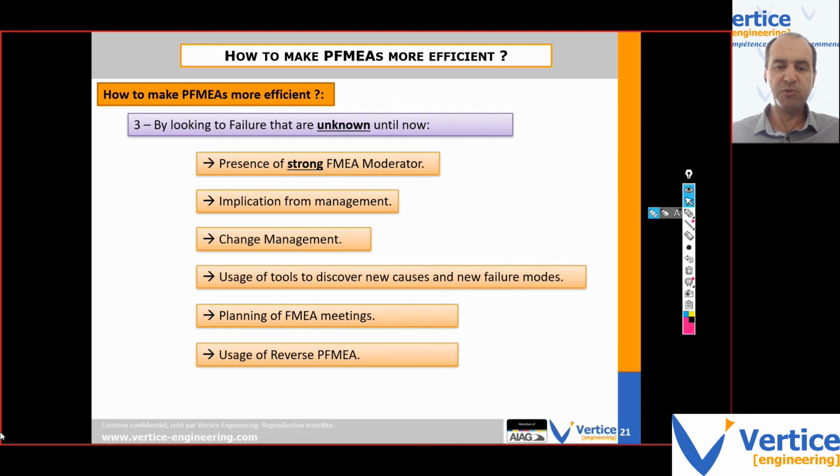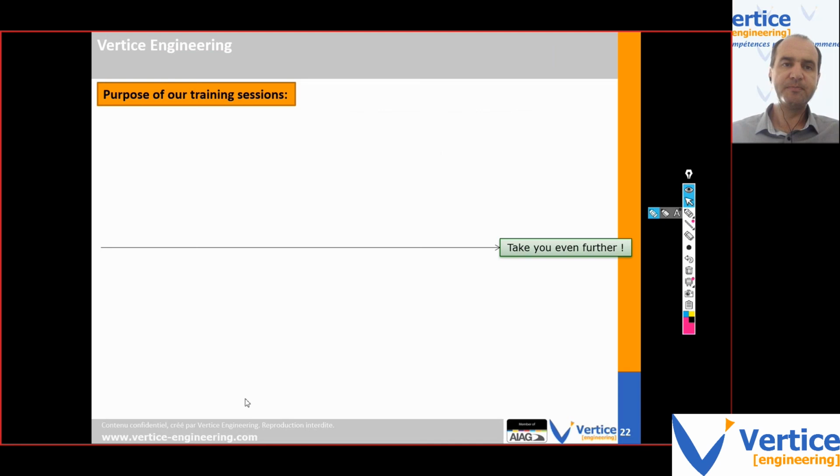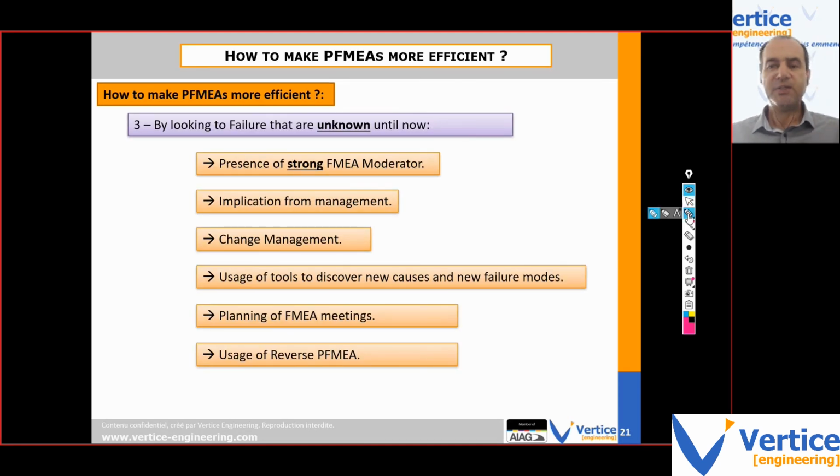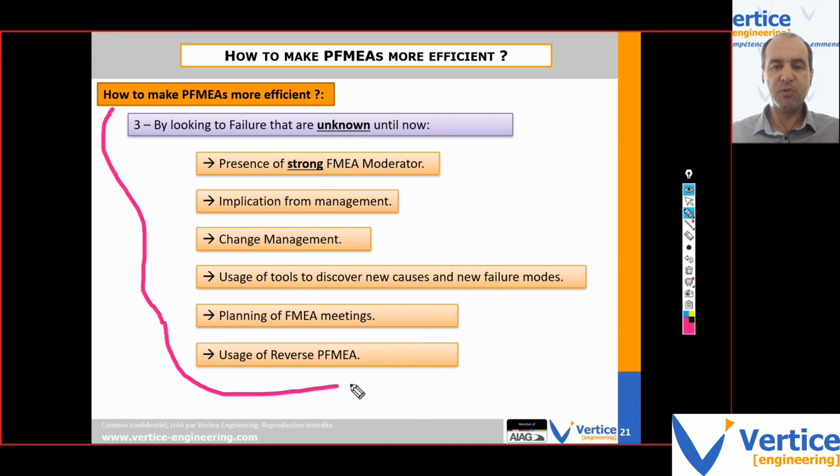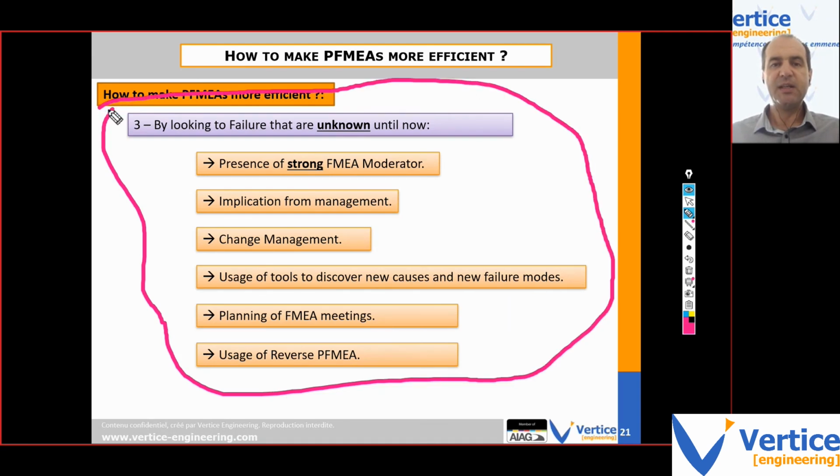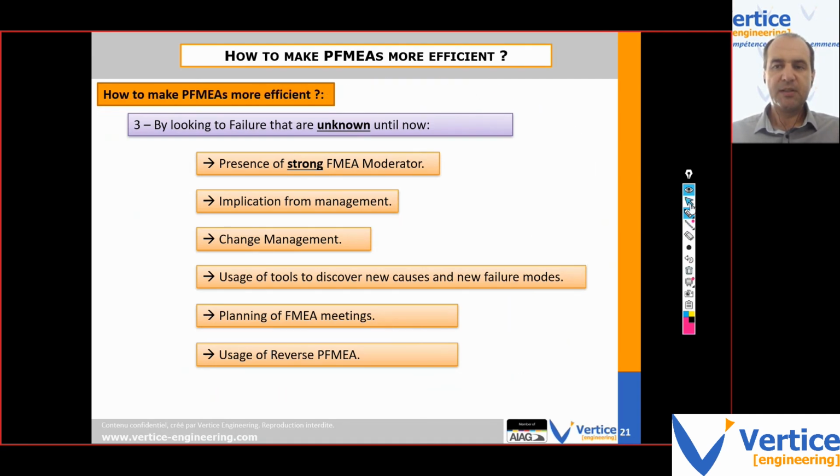And the last point is the usage of reverse process FMEA. Reverse process FMEA means going on the field, in the plant, to look at the real problems and their real causes, so that FMEA is based on real data coming from the shop floor, right? So this is maybe the most important advice of all the ones we have made today. It requires organization, and competence in terms of moderation, strong moderation of an FMEA, to be able to drive the group and keep it